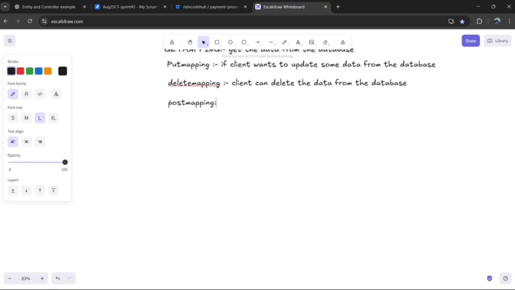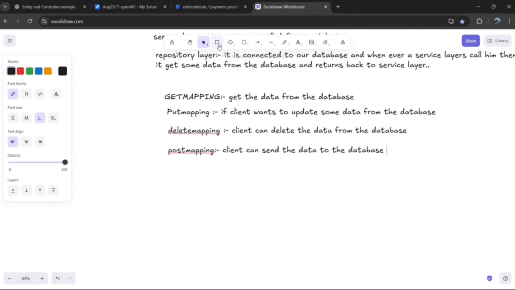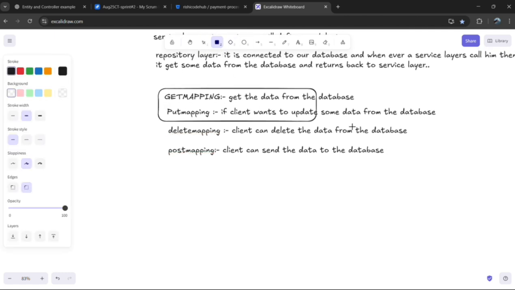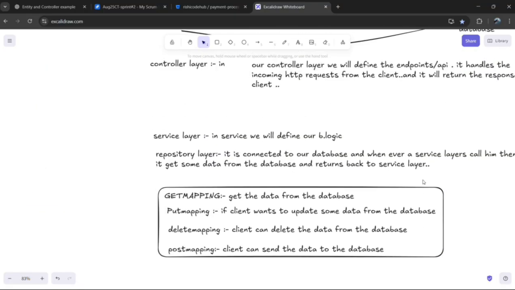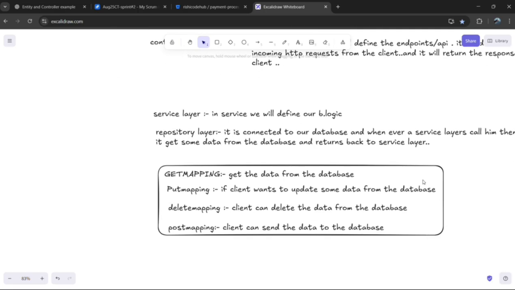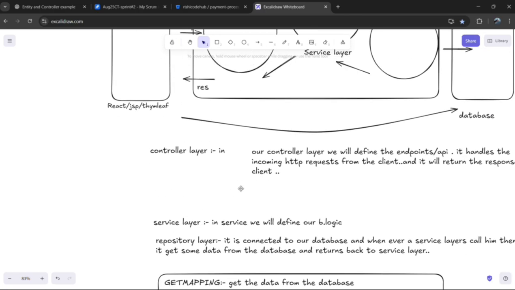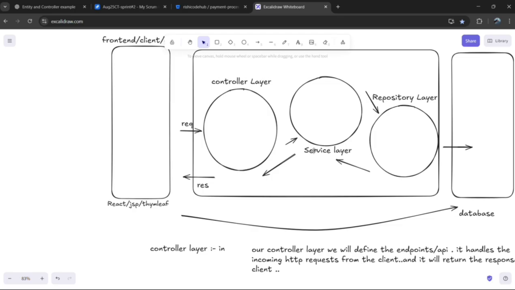Okay, so with the help of post mapping, the client can send data to the database. So these are the four main functional parts of the controller layer,